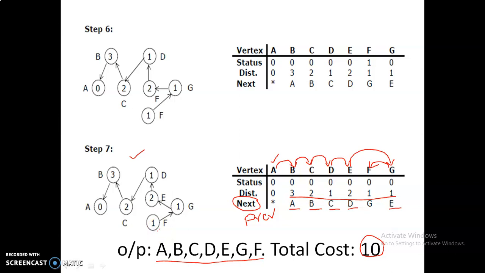So in each and every stage we will select the least costed vertices and traverse from one vertex to another. As a result we need to draw this spanning tree, and also write the output of the spanning tree and the total cost of that spanning tree. Then only is the spanning tree construction completed. The stepwise explanation we have in the next video.